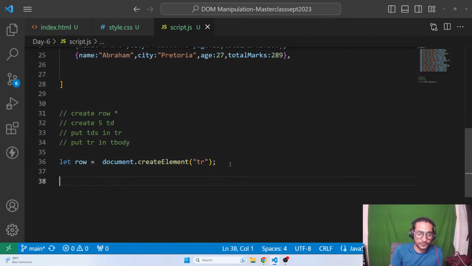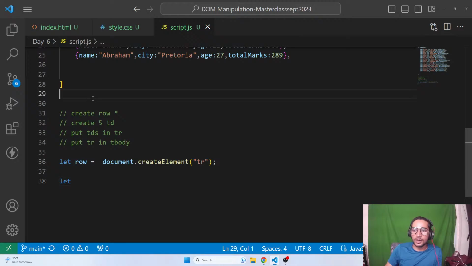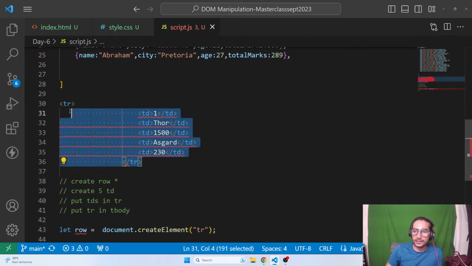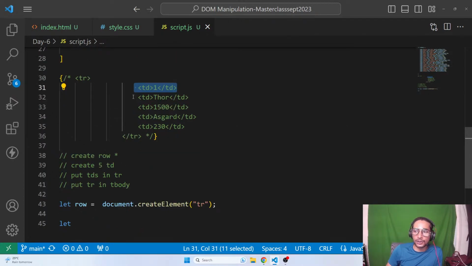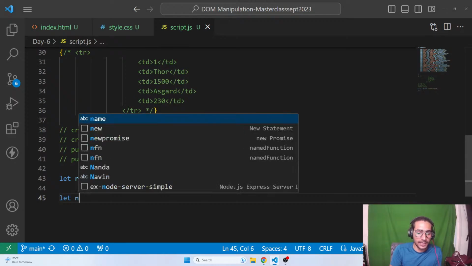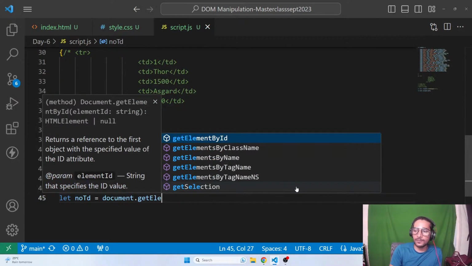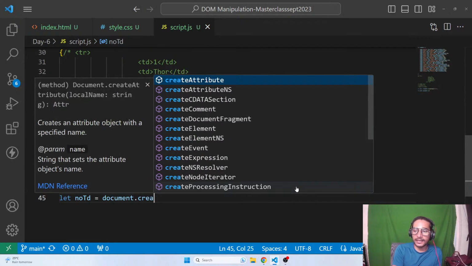Let's go. And guys, we'll name the TDs according to what they are holding. According to the main logic, the first TD is going to hold number, the second TD is going to hold name, the third TD is going to hold age, the fourth is going to hold city, and the fifth is going to hold total marks. So accordingly, let's name the variables. Let noTD, that is number TD, document dot create element